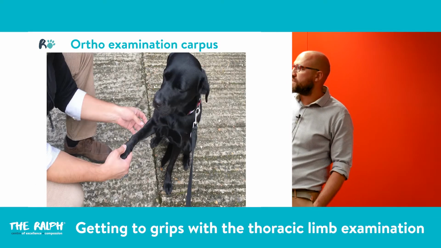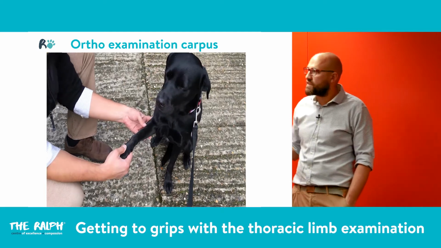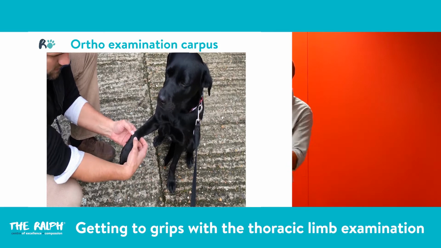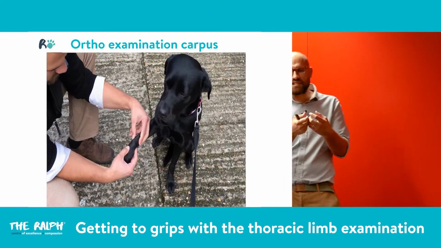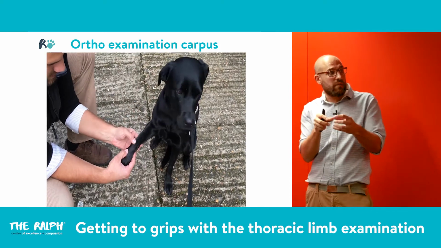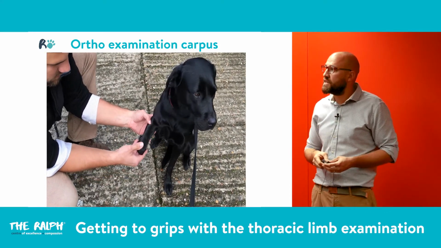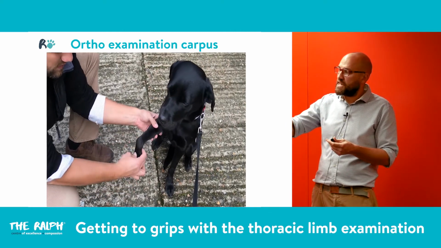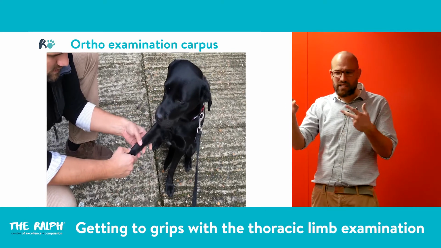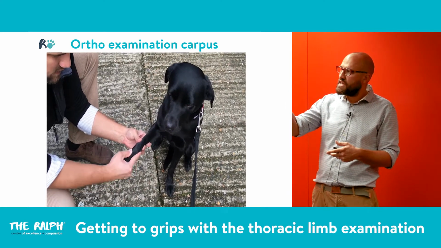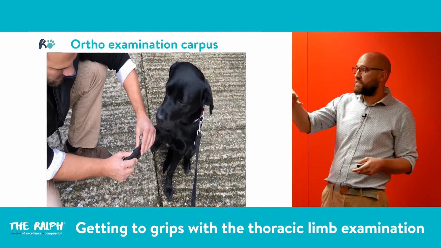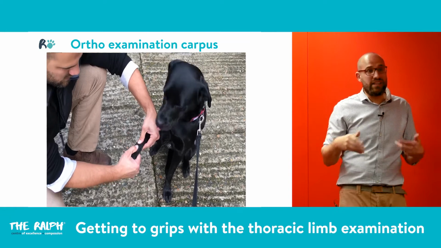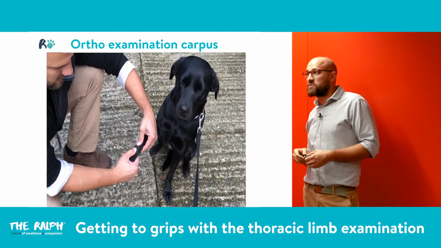We move a little bit further up, and then we start checking the carpus. Usually I like to feel to see if there is any puffiness, any thickness, and whether the dog is painful when I'm pressing on the joint. The next step is to check flexion and extension, because a lot of the time, if they have serious osteoarthritis, the flexion is quite reduced. Instead, if you have a dog that allows you to fully extend and fully flex and does not complain, you know that carpus is absolutely normal,